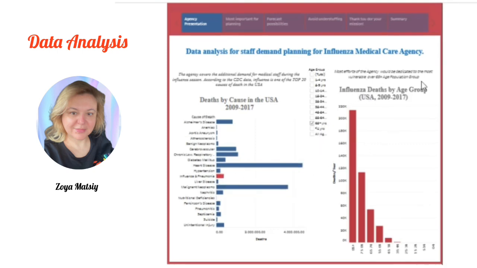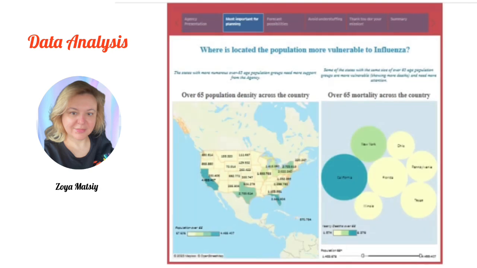The second plot is about which group of patients is more gravely affected by influenza. And you can see that most deaths are in the 65 plus age group. Here, you should not mistakenly assume that older people are more affected by the flu. The number of deaths among older people is very high for all causes of death, and this results in the